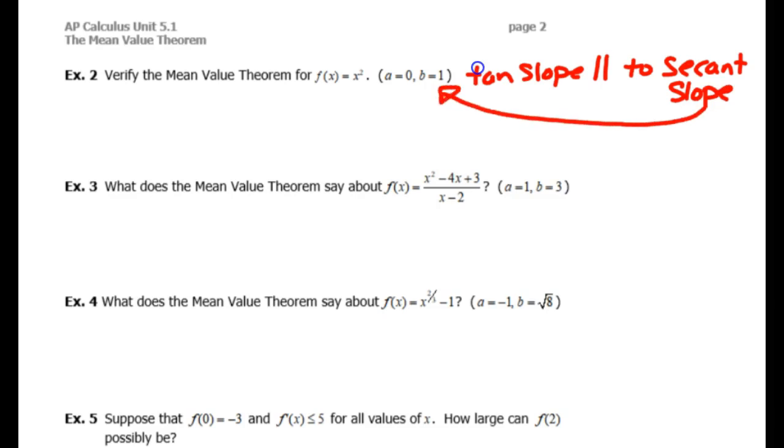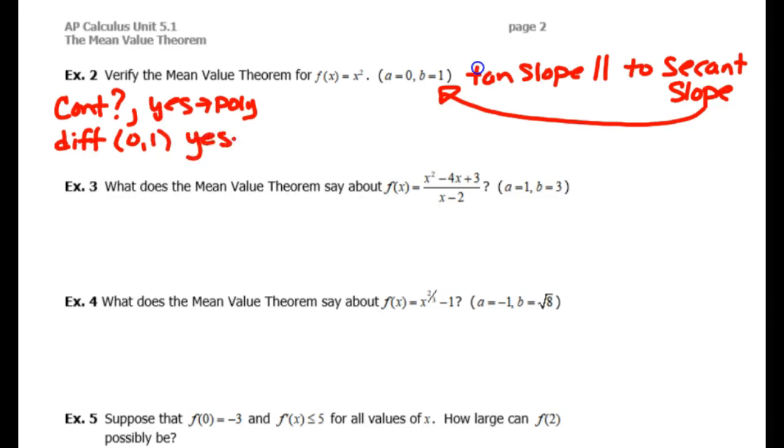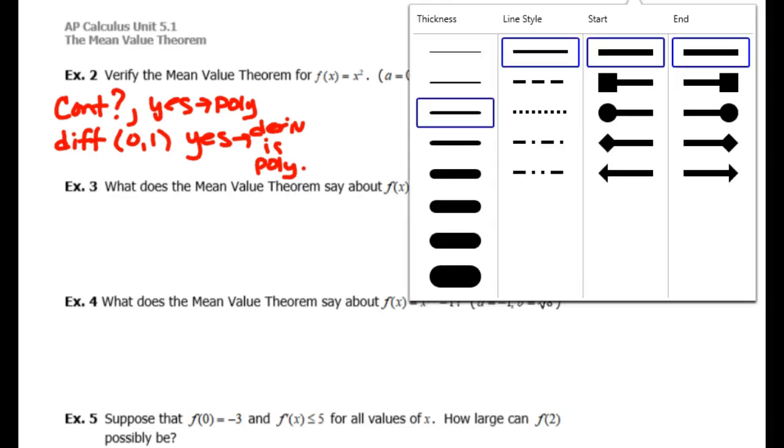Verifying the mean value theorem, first of all, we have to say, is this a continuous function? And we say, yes, it's polynomial. Is this function differentiable on the open interval from 0 to 1? And again, we say yes. The derivative is a polynomial. So we know that we're good to go. We need to calculate the slope